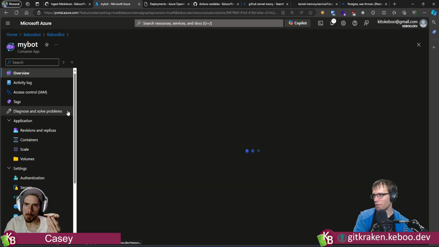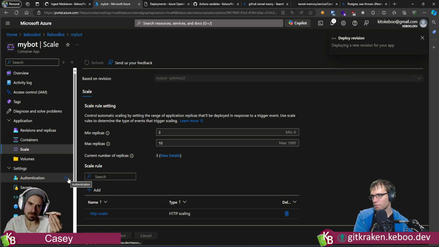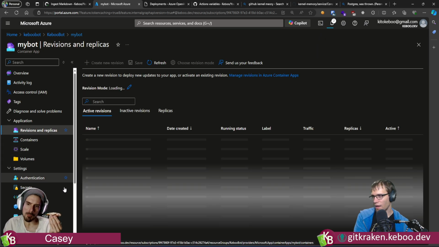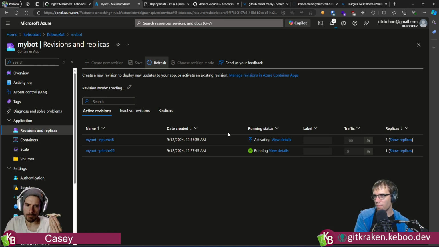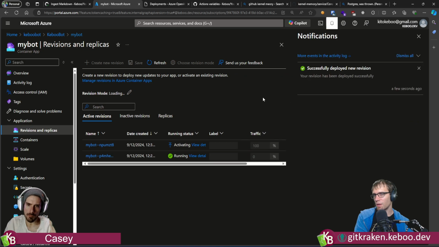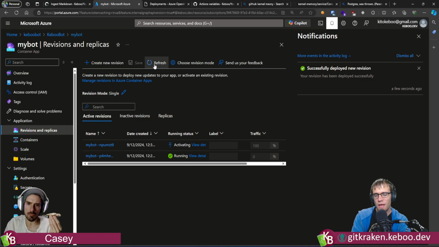Now if I come back over here and go to scaling and say, by the way, I want 3 instances, and save a new revision of this, I'm going to just wait for that to deploy out properly. Then I'm going to kick it one more time, because clearly the single instance works. And I really hope that this thing just worked flawlessly and I'm just making stuff up.